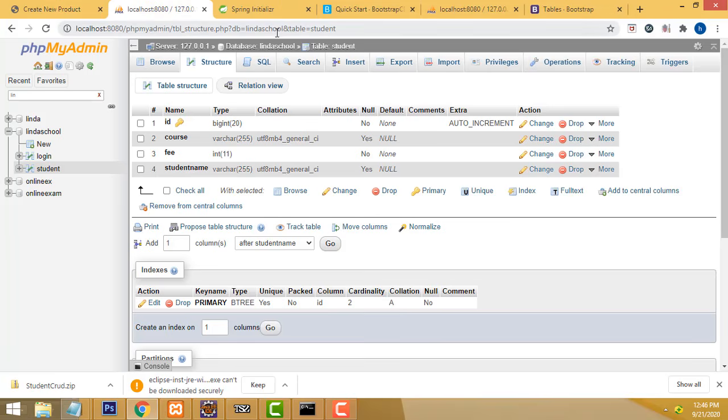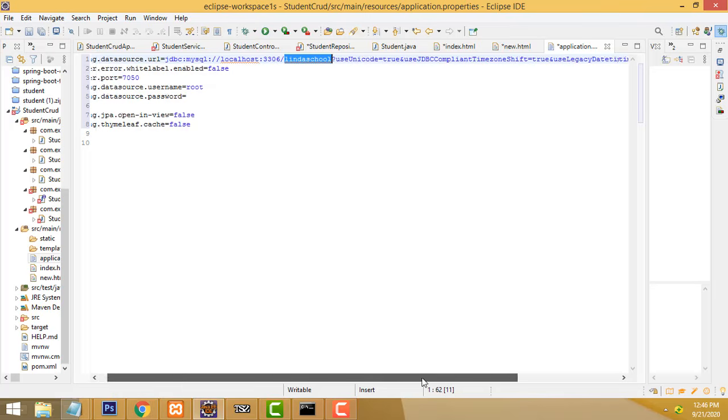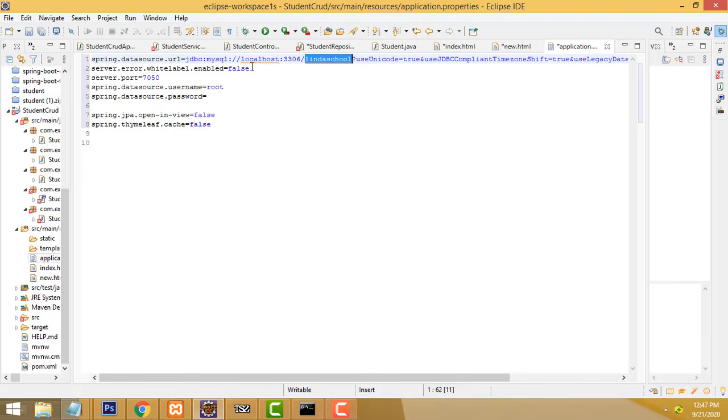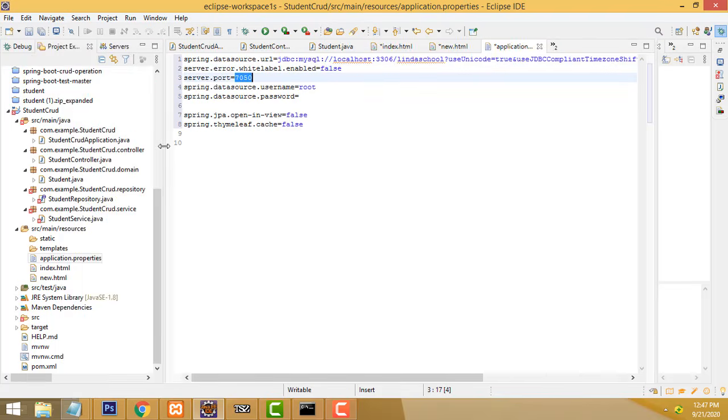You have to put it. What is the database name? Linda is a database. You have to add service here. This is all the code I have provided on my website. You don't worry about that. This is all the stuff, like the time zone. All the stuff you have to set here. Very simple. After that, this is false. This is the port. We have to select it here. You will be able to select any port. I just select this port.